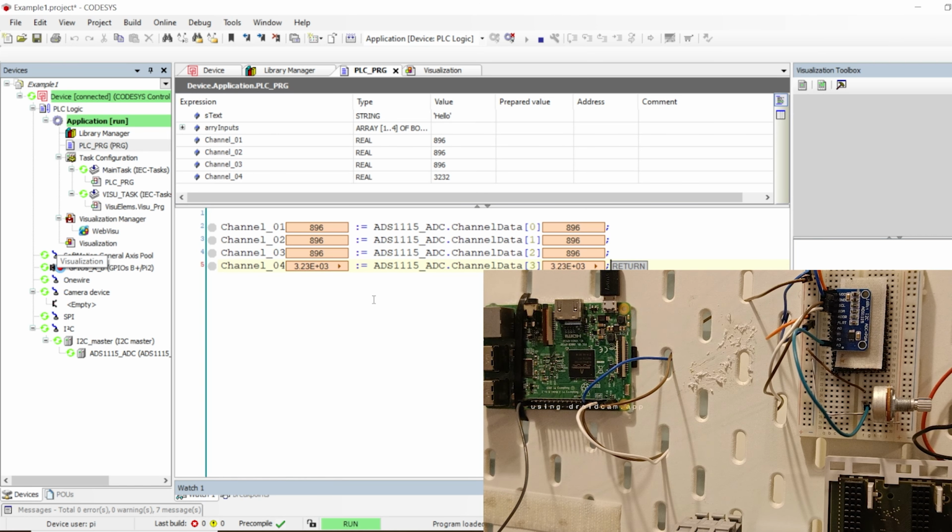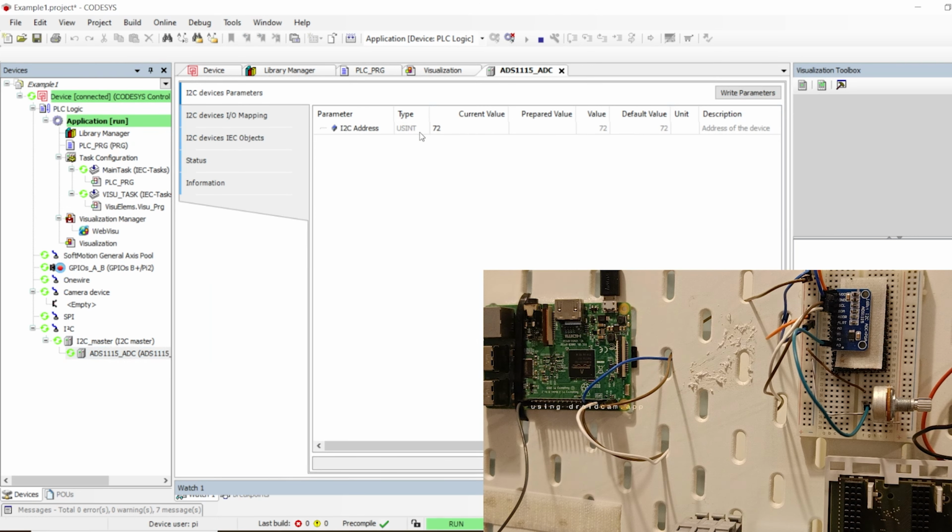It's not anything complicated. One thing we didn't look at in this driver is a configuration parameter here. This is in decimal, but the equivalent of this in hex is 48. That is the default I2C address for the device. But if you have up to 4 devices, each device will have its own I2C address, which is not the default address, of course. So you can always change the